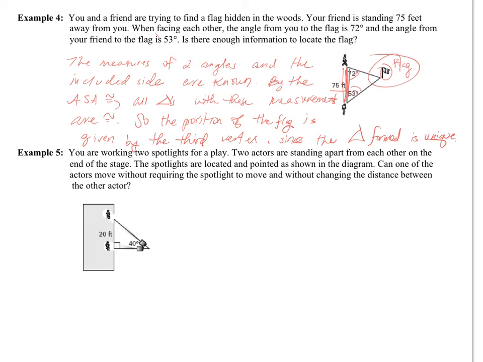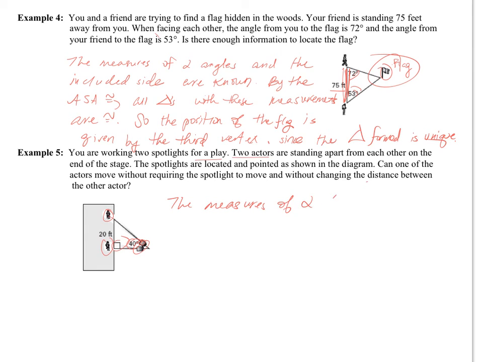Example 5. You're working two spotlights for a play. Two actors are standing apart from each other on the end of the stage. The spotlights are located and pointed as shown in the diagram. So these are the spotlights. One's pointing at one actor and the other one is pointing at the other one. Can one of the actors move without requiring the spotlight to move and without changing the distance between the other actor? Well, the measures of the two angles here, 40 degrees and 90 degrees,